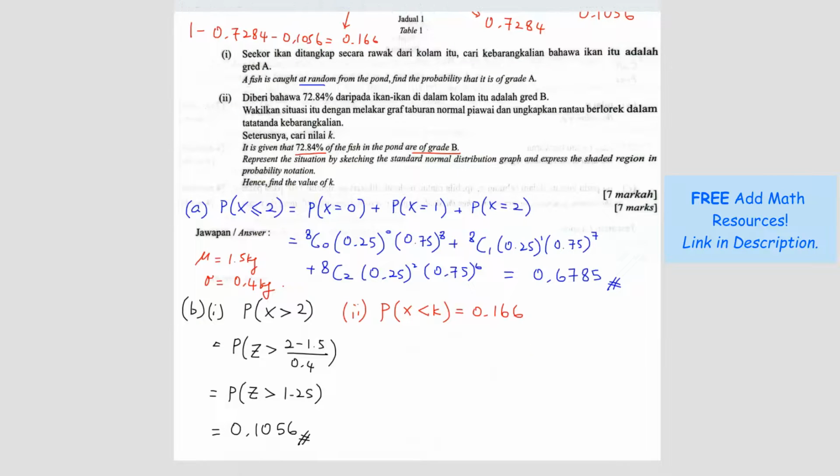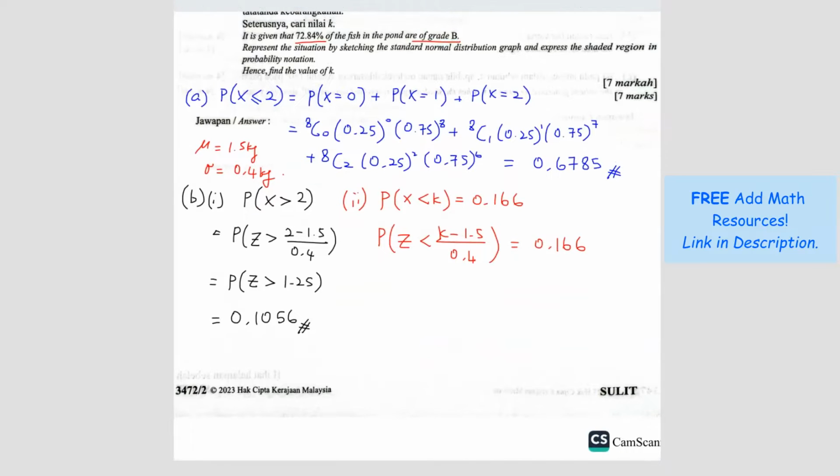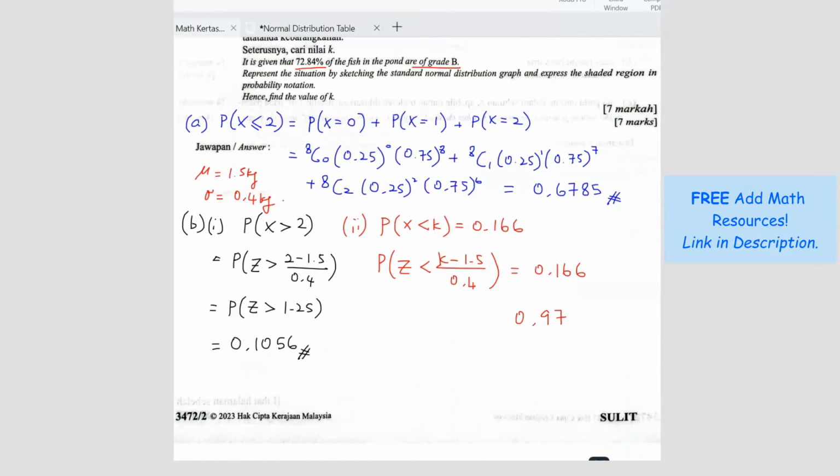So we know that when we convert it to standard normal distribution, k minus 1.5 over the standard deviation 0.4, this one is still 0.166. So when I find the value of k, I already know 0.166 represents 0.97. Is that 0.97 or 0.95? Let me check again. 0.97, yeah. So 0.97